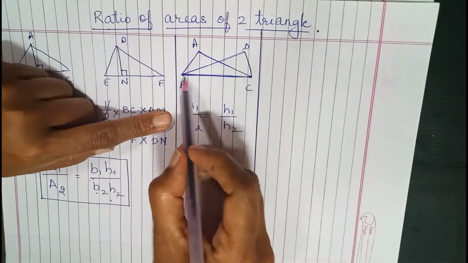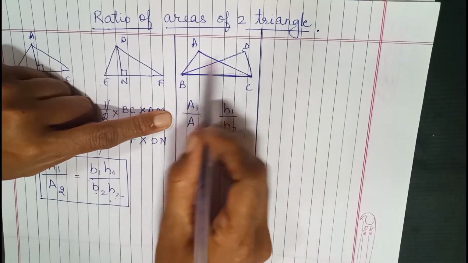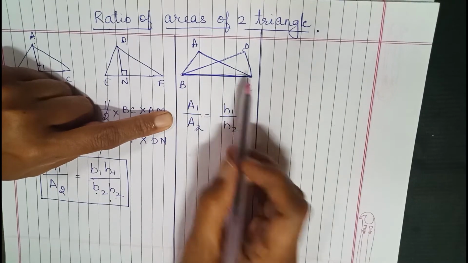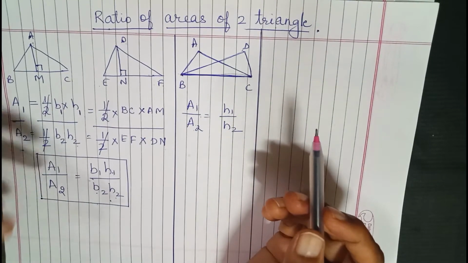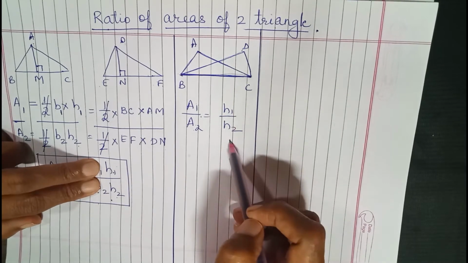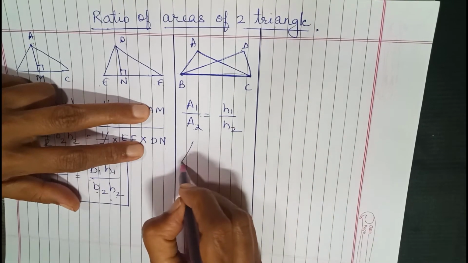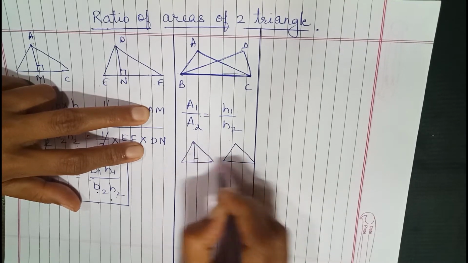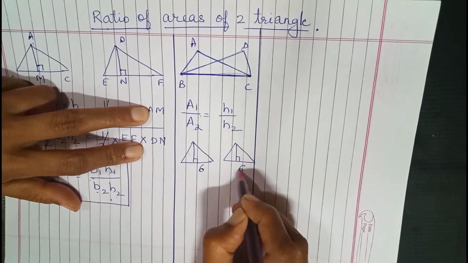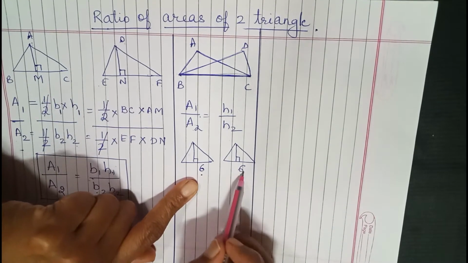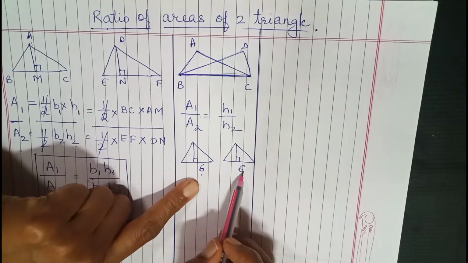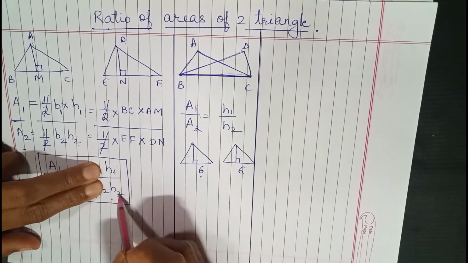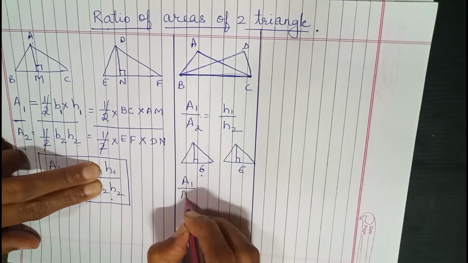So what we conclude is when the base is common for the two triangles whose area ratio we have to find out, then B1 upon B2 is nothing but same B1, so it gets cancelled and what remains is only H1 upon H2. Or in other cases, let us say we have two triangles where the heights are different, but let us say the bases are same. You can see B1 is 6 centimeter, then B2 is also 6 centimeter. So when you will substitute this in the formula, 6 upon 6 will get cancelled. Again, what will remain is only H1 upon H2.